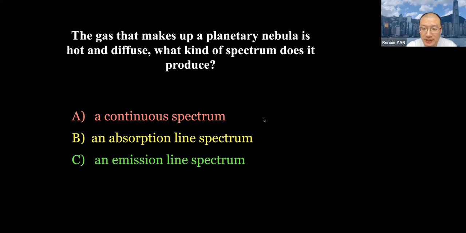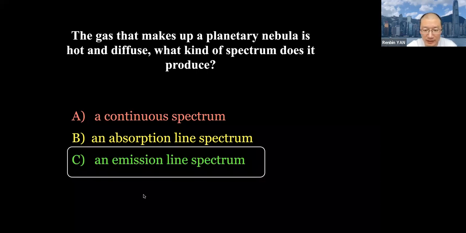That's right. The emission line spectrum, actually. I'm not looking directly towards the star. If you just look at a part of the nebula, then it is producing an emission line spectrum. And some of you answered absorption line spectrum. Of course, if you're looking directly towards the star, then it produces a continuum, and if the star is hotter than the nebula, you may have absorption lines on top of that as well. But if you just look at the nebula itself, it has an emission line spectrum. The correct answer is C.